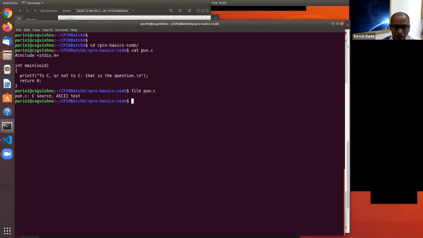If you run file pun.c and check the file type, it says it's a C source code. How does the file command know that it's a C source code? Because of the extension, and the file contains ASCII